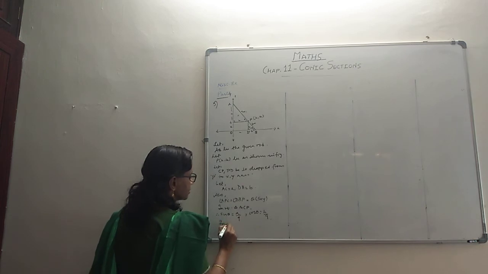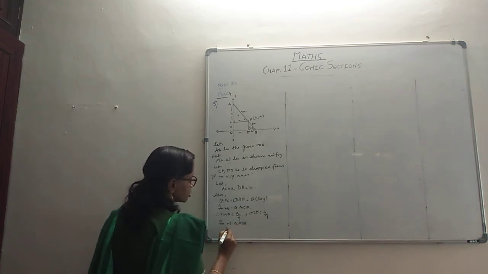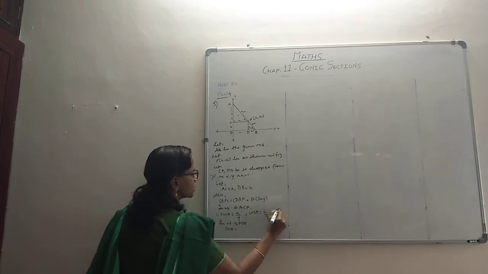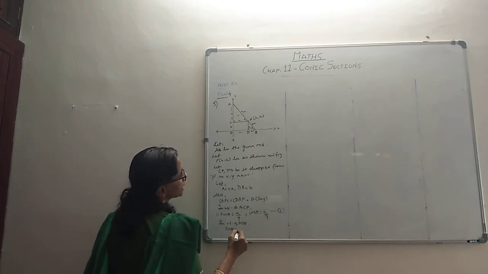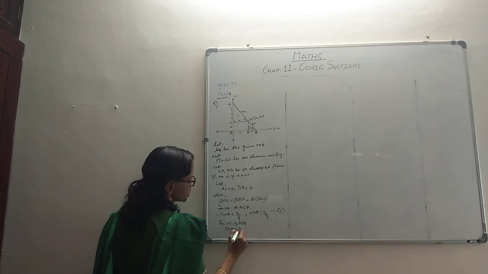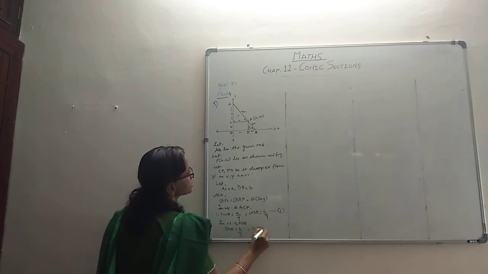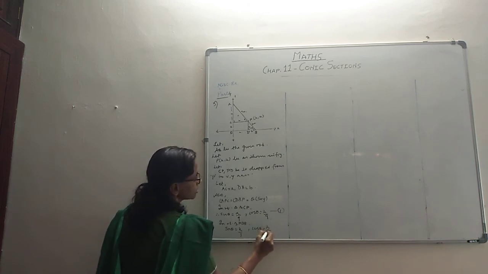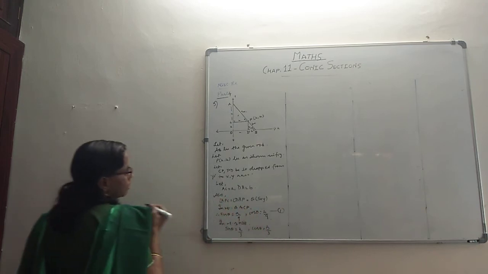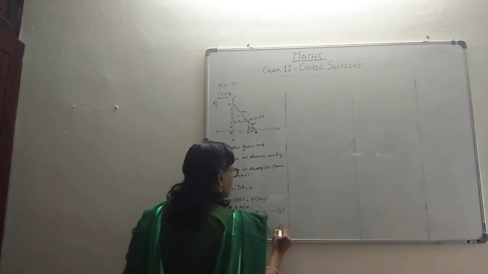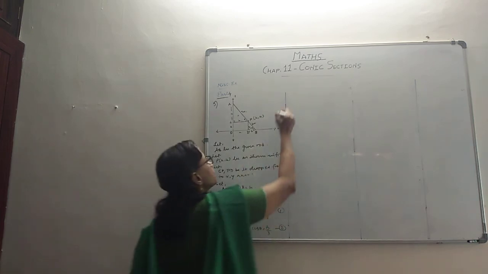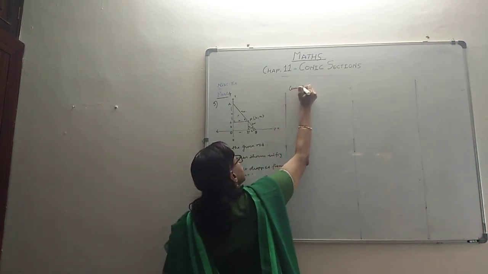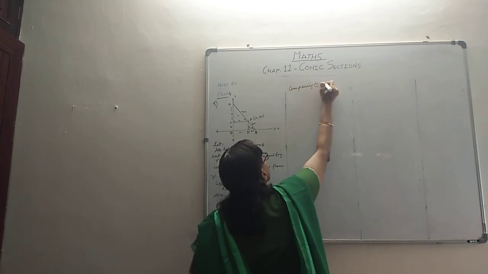Then we get inside the other right triangle, the smaller right triangle PBD. Here again we will search for sin theta and cos theta. Call this as 1 and call the next as 2 so that we can compare. Sin theta is opposite side K by hypotenuse, which is 3, and cos theta is adjacent side, which is B, by hypotenuse, which is 3. So this is our 2. Now we can compare 1 and 2.